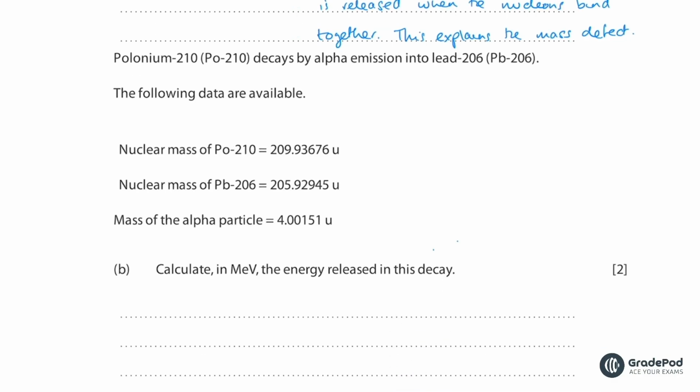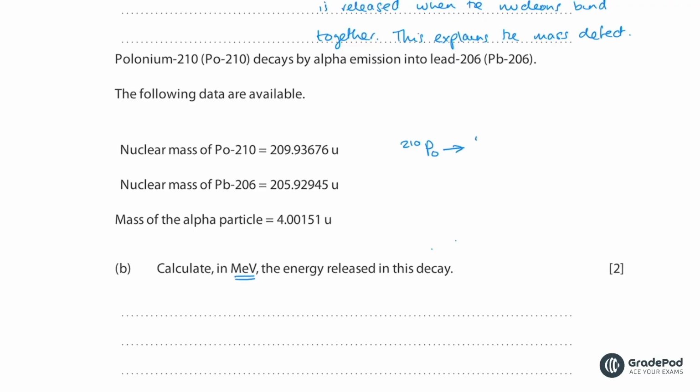Polonium-210 decays by alpha emission into lead-206. The following data are available. Calculate in MeV the energy released in this decay. Whenever we see MeV, we know this question is going to be relatively easy. What's happening is that polonium-210 decays, releasing an alpha particle and a more stable product of